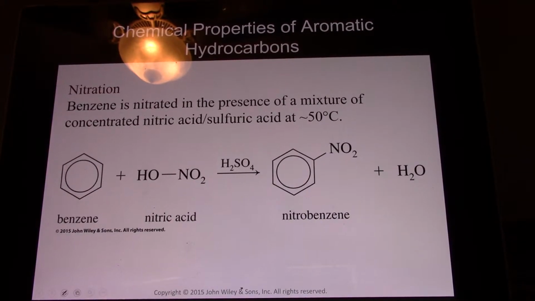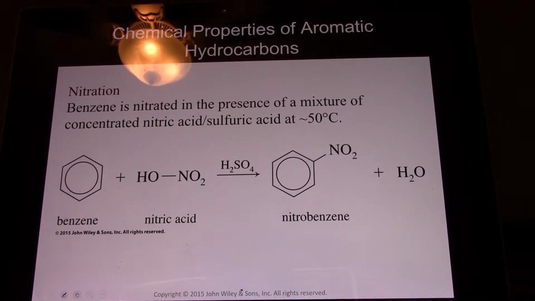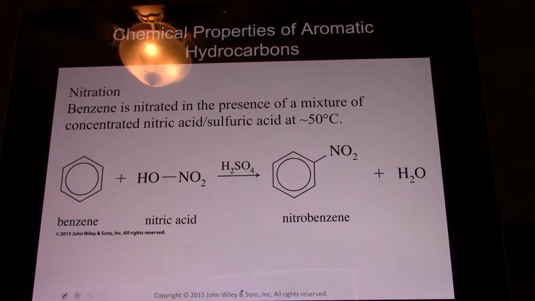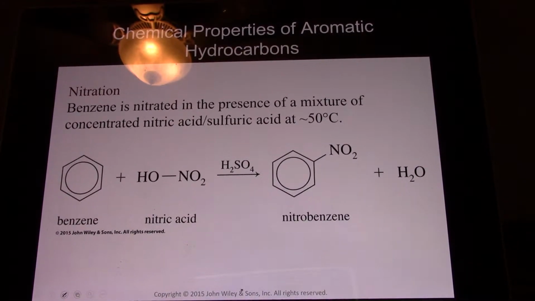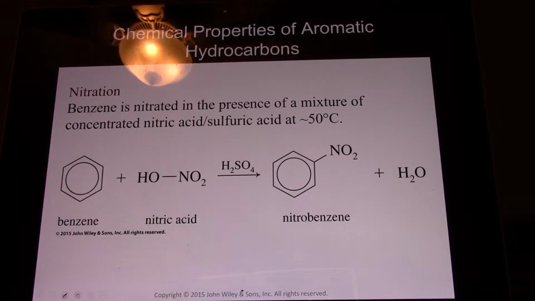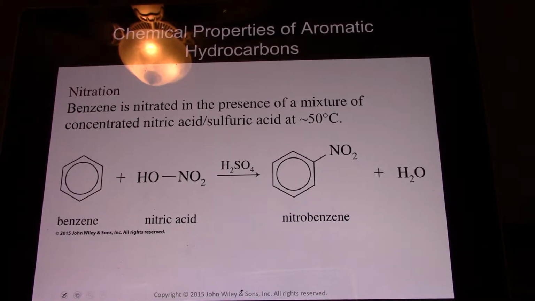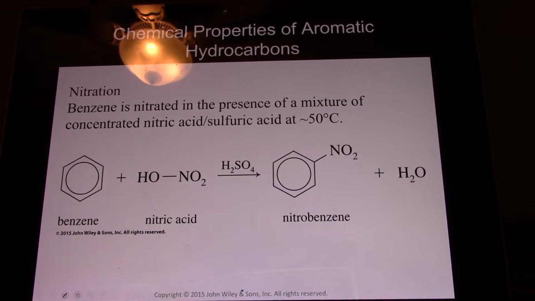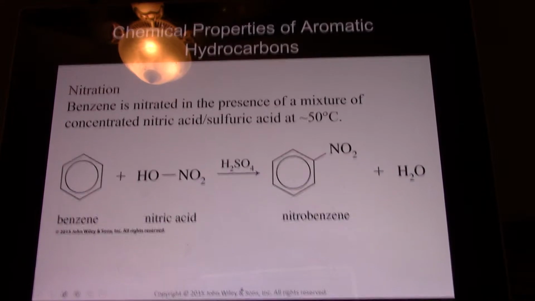The same thing occurs in nitration. It's a little bit more involved. So sulfuric acid is so acidic that it actually acidifies nitric acid. And so when that happens,